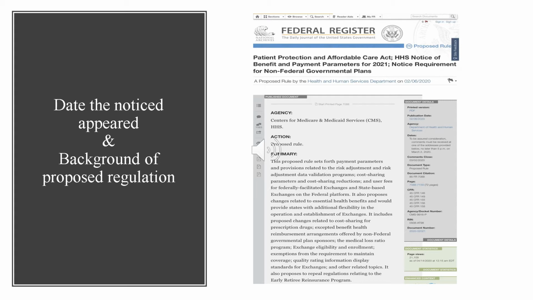This proposed regulation is closely associated with Executive Order 13765, which states that, to the maximum extent permitted by law, the Secretary of HHS and heads of all other executive departments and agencies with authorities and responsibilities under the PPACA should exercise all authority and discretion available to them to